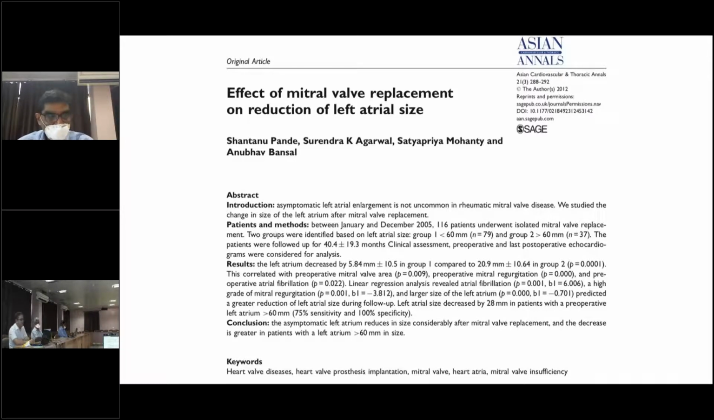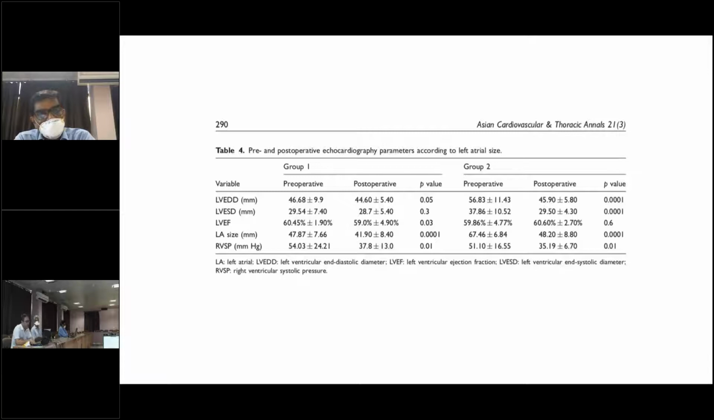So in 116 patients which underwent mitral valve surgery, we followed them for about 40 months, and were divided into two groups of 79 and 37, of less than 60 millimeter in size and more than 60 millimeter in size. And what we found was that the RVSP fell post-operatively and was similar pre-operatively also in both the groups. Left atrial size reduced considerably in both groups, more in patients in group 2 where the size was more than